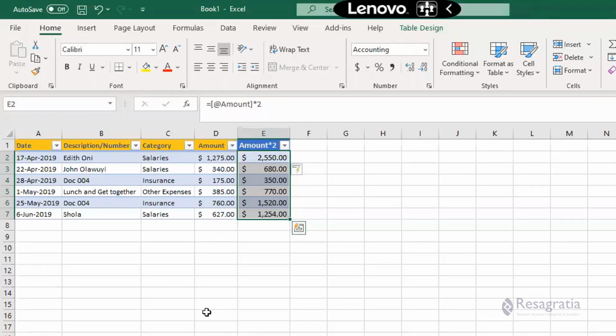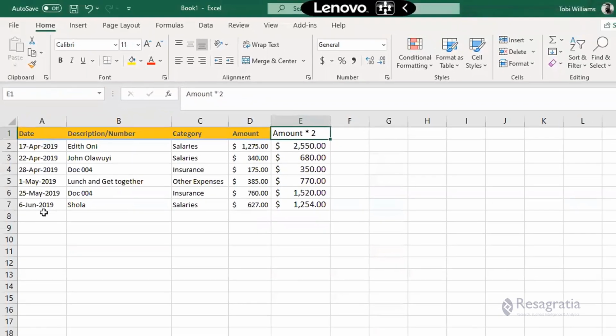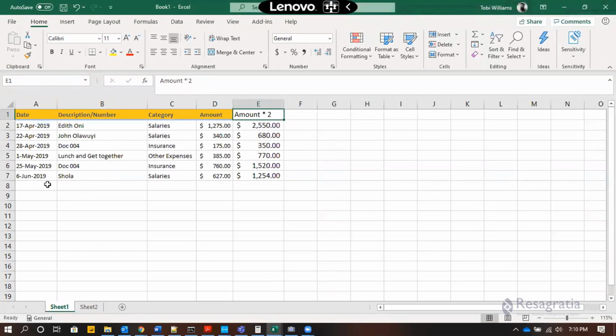So that's a brief, straight introduction into Excel tables, and you can see the difference between a range and a cell. And then one more difference, a range rather, and an Excel table. One more difference is,